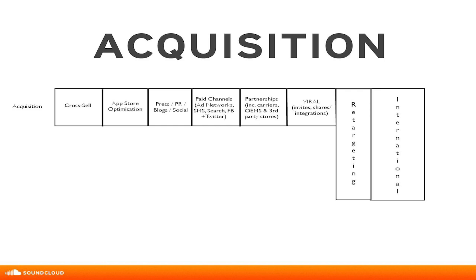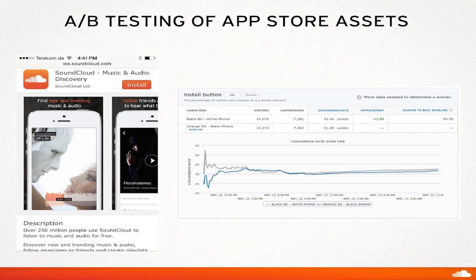Similarly with partnerships. I'll call a couple of these out in more detail. A/B testing of App Store assets, so App Store optimization. This is something that we definitely learned from Stefan at one of his earlier talks. So we've been using A/B testing technology. We built basically a fake version of the App Store, which we drive some traffic to in order to A/B test assets more